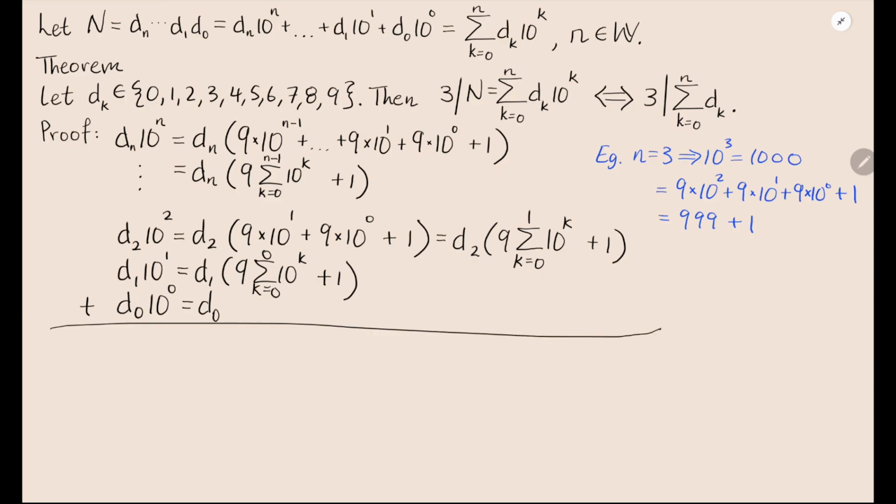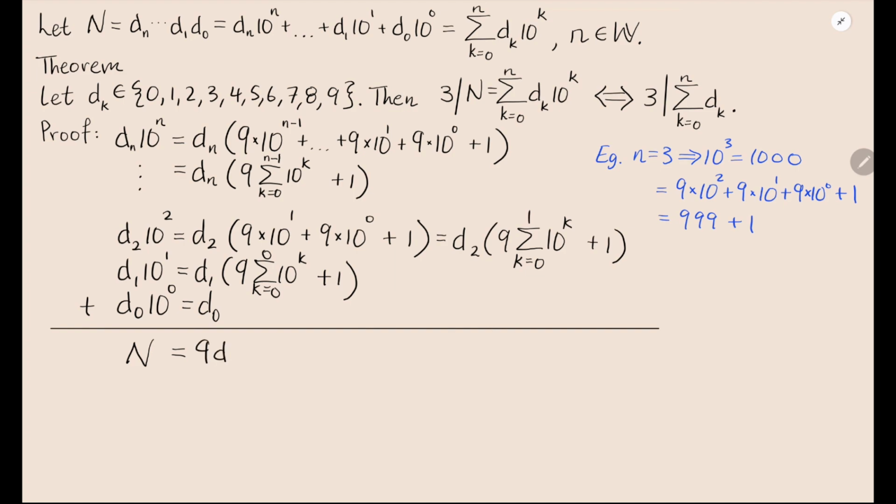If I add everything up, then on the left-hand side, I'll actually just get n, and on the right-hand side, I will also get n, but I will write it out like this. So I will have 9 dn. Each row has two terms, right? The sigma and then plus 1. So what I'll do is distribute the dn and the d's into these two terms. So I have 9 dn and then sum k equals 0 to n minus 1, 10 to the power of k,